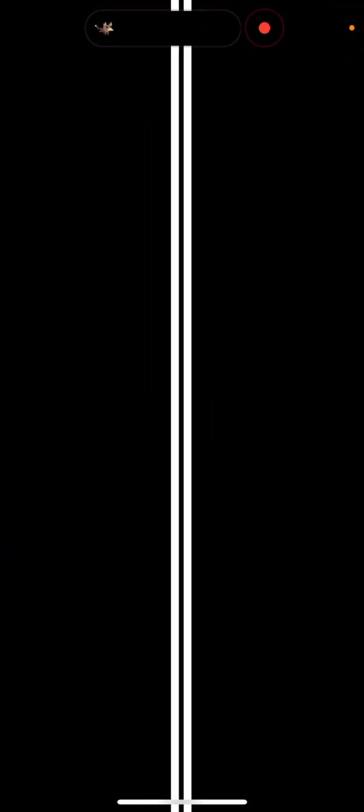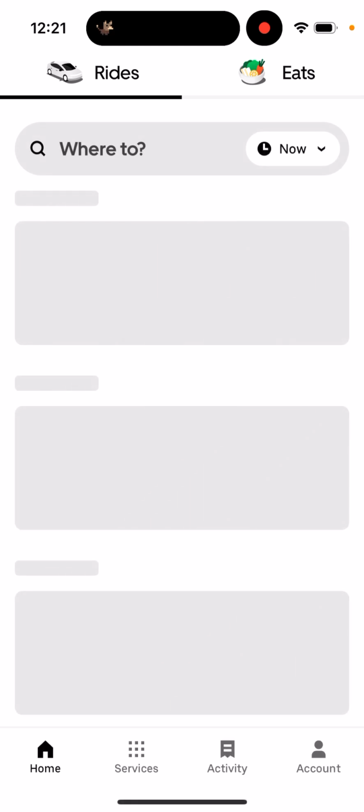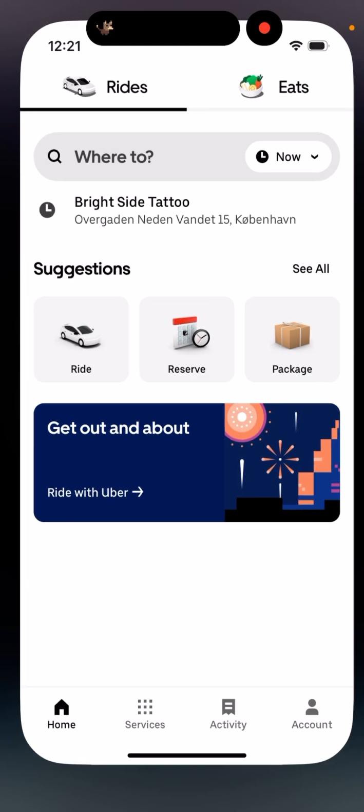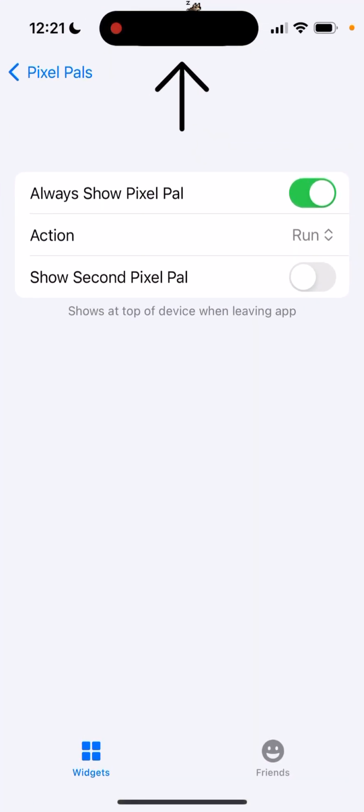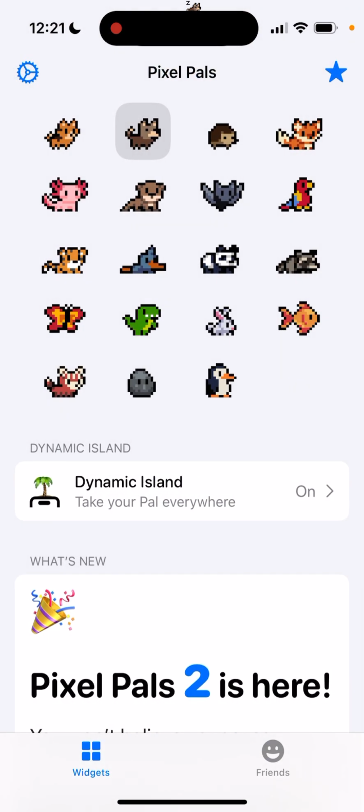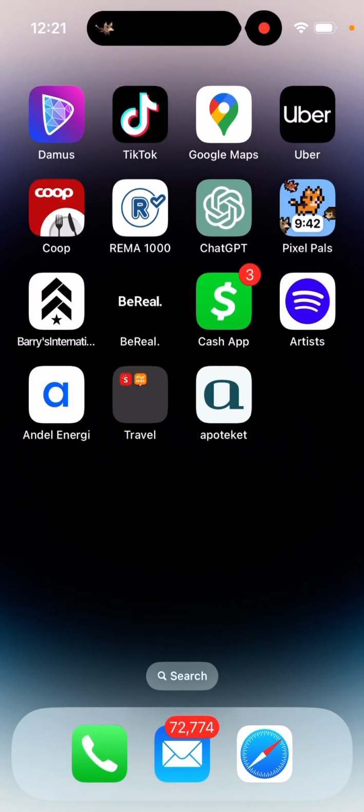Again, not all apps have Dynamic Island. For example, Uber does have it, and there can be some issues. For example, this Pixel Pals app can block Dynamic Island from another app. It can happen. If I'm using Dynamic Island on this app, maybe it will block Uber's Dynamic Island. However, I'm not sure about this. I hope that iOS handles this, so when I call an Uber, it will show as a priority on my Dynamic Island. But yeah, that's just my